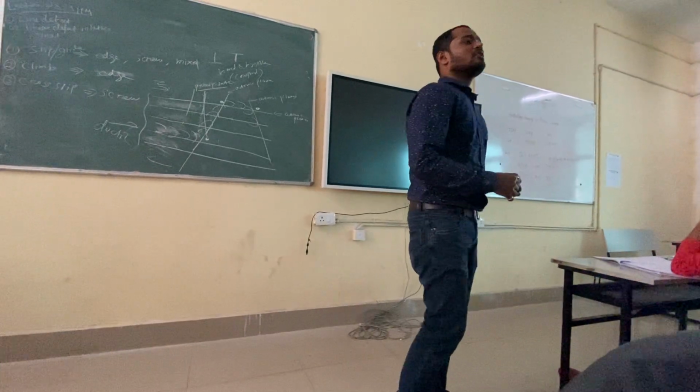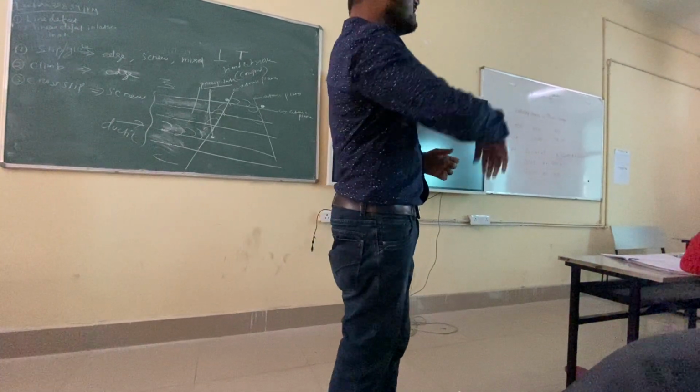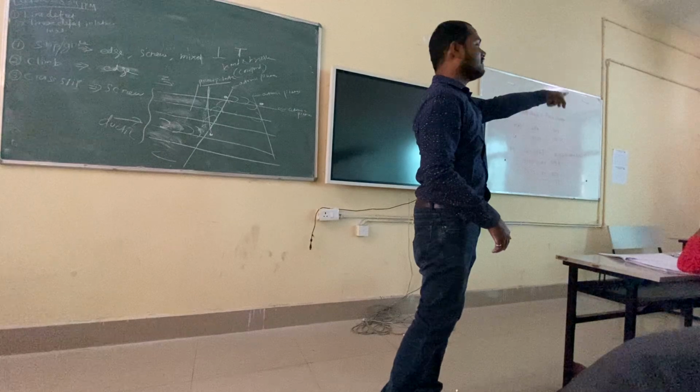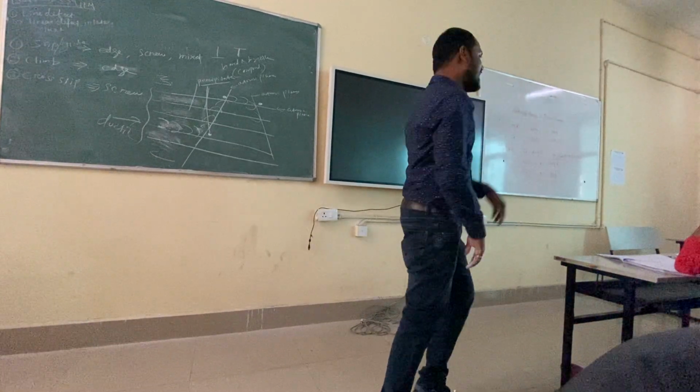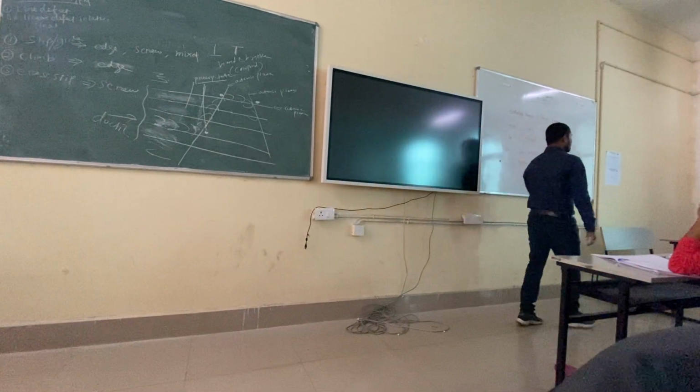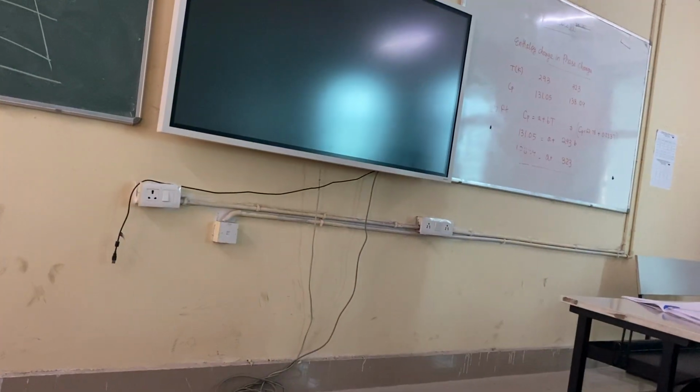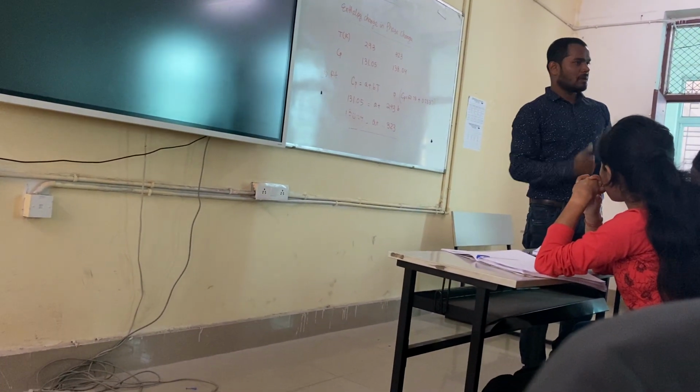You understood? And cross slip, you understood? Suppose a new plane is there. I am gliding and gliding and gliding, and suppose here there is an obstacle. So I cannot cross this. I have an option: I will go to this plane and I will move. This is cross slip, right? So you understood the difference between climb and cross slip? And climb can be up or it may be down.